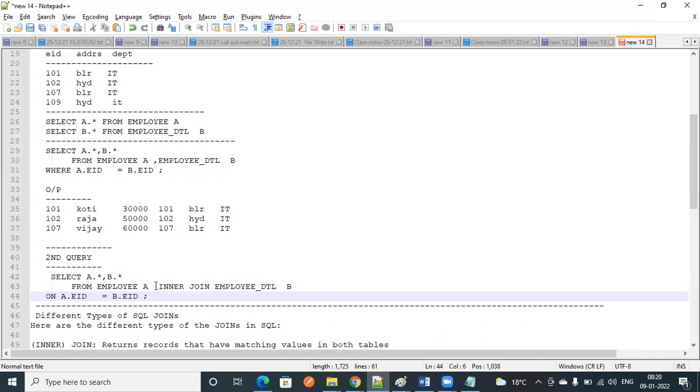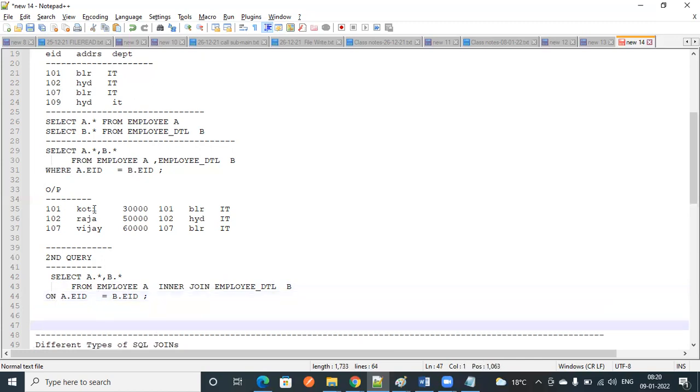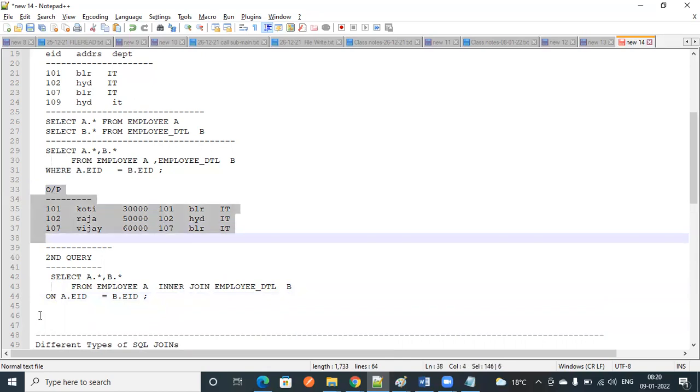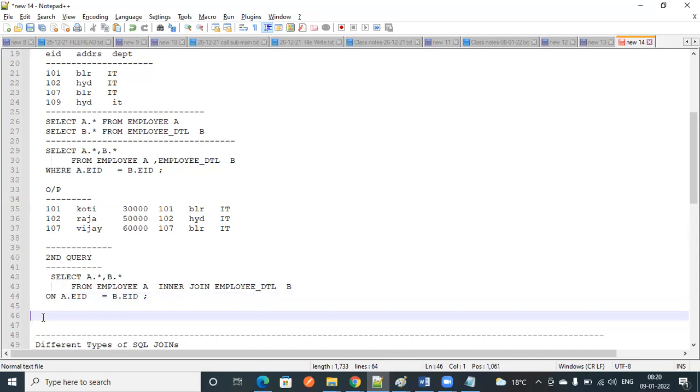So what is the change we have done? Instead of comma, we used the inner join keyword, and instead of where, we give ON. If you run this query also, we'll get the same output. So there are two ways to write inner join.